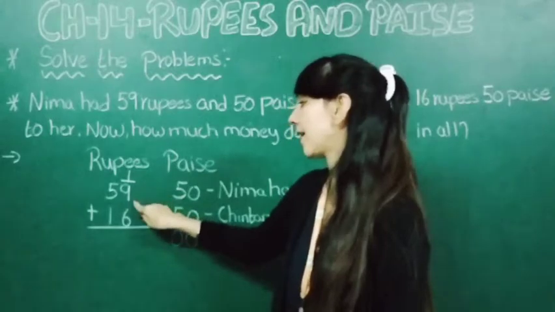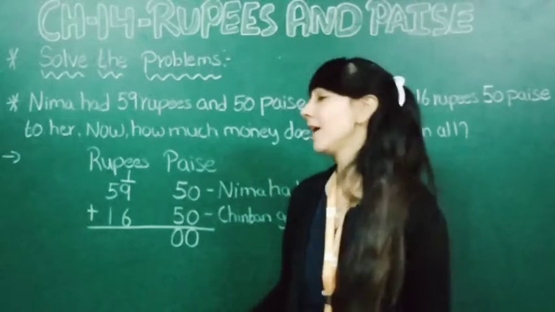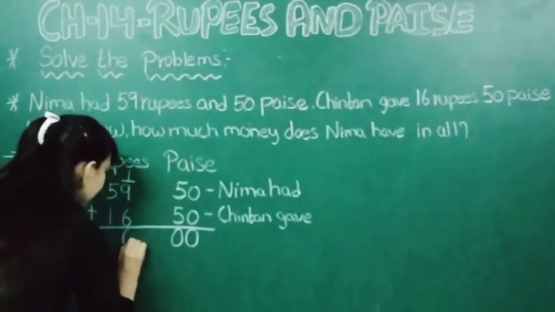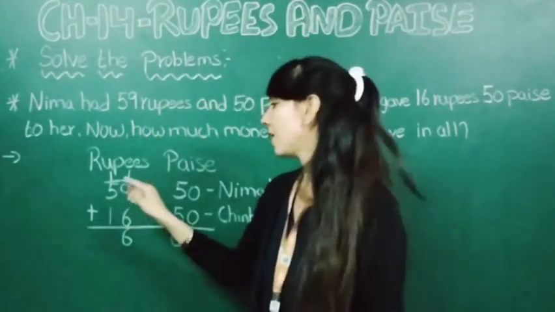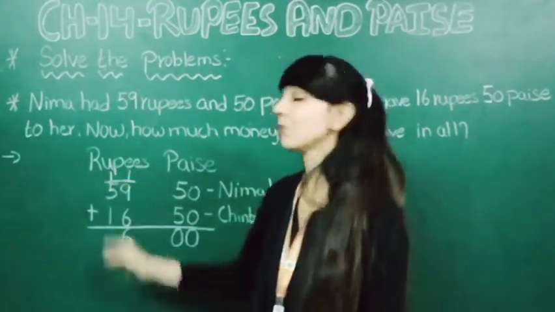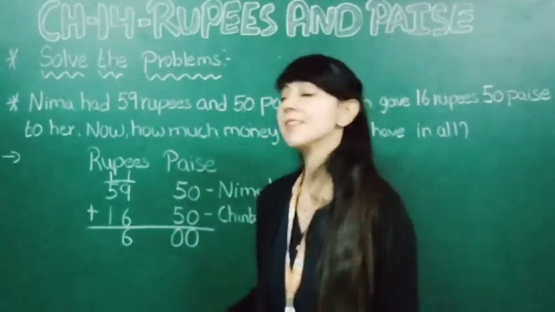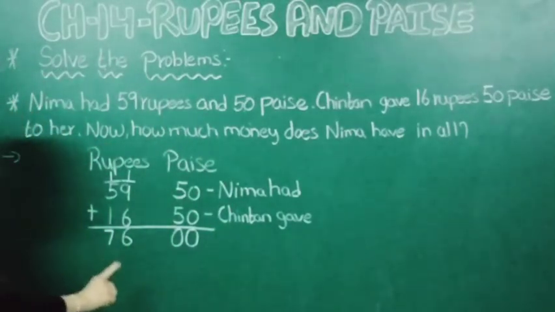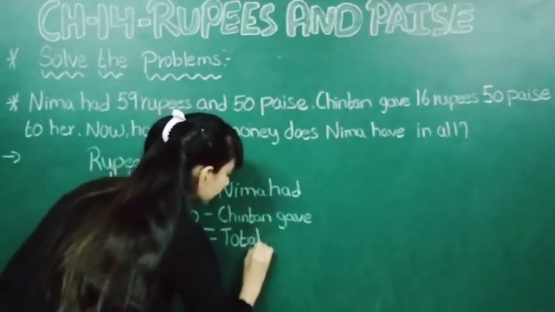That also this line that comes in ones place. Now 1 plus 9 is 10 and 10 plus 6 is 16. Yes. So here it will come 6 and here we will carry 1. Okay. Just above 5 that comes in tens place, that also in rupees. Now 1 plus 5 is 6 and 6 plus 1 is 7. So you got this total amount. Yes, 76 rupees. So this is total amount.